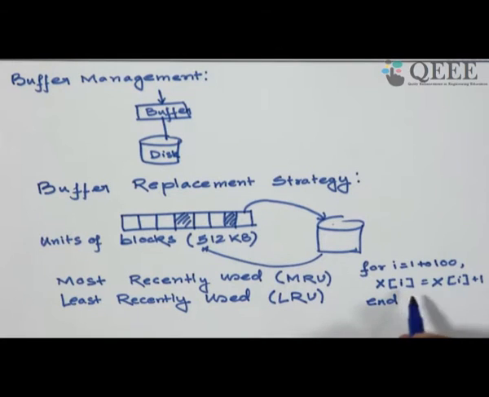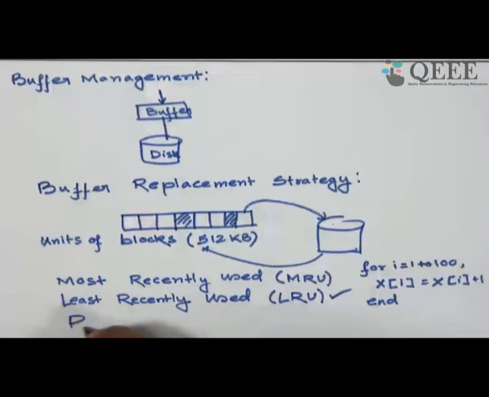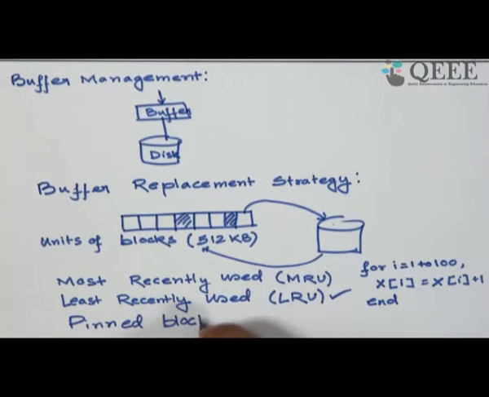So what you do here, you see 1, 2, 3, 4 up to 10. So the data which is old, say when I am processing the 50th X, I can remove the first X. So in this case, it will be the LRU. Whereas in some other cases, MRU may be more efficient. So which strategy you choose depends on the query, the kind of procedure you are executing. Many of these you have studied in your operating system course also.